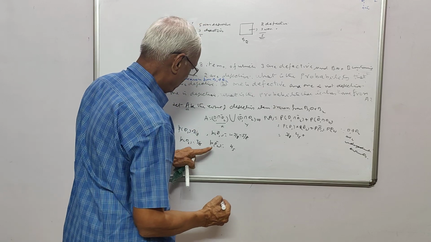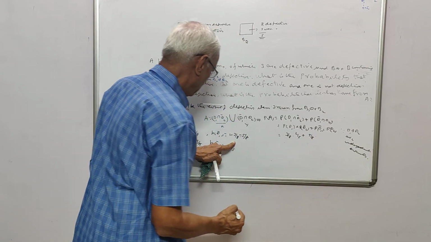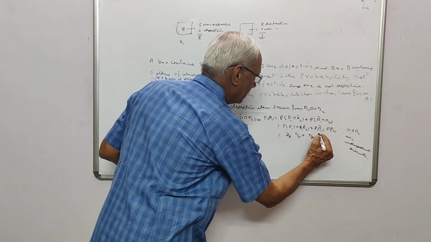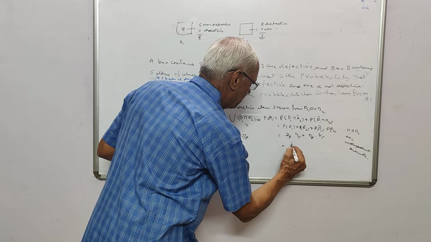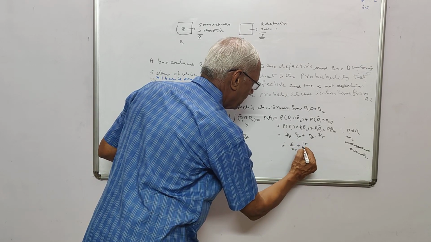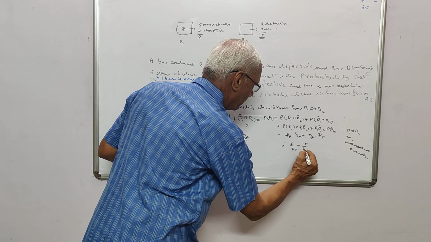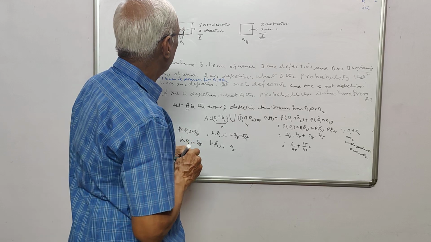plus 5 by 8 into 3 by 5. So this is equal to 6 by 40 plus 15 by 40. So you see that here you get